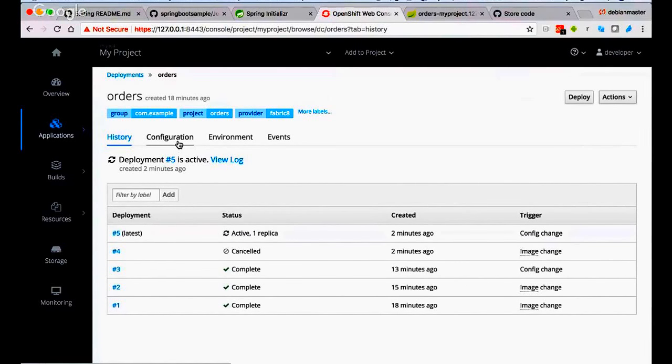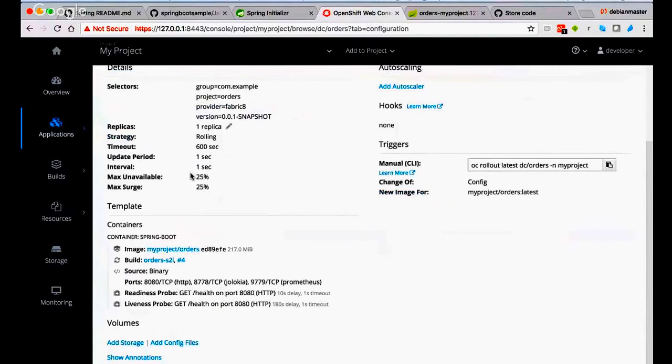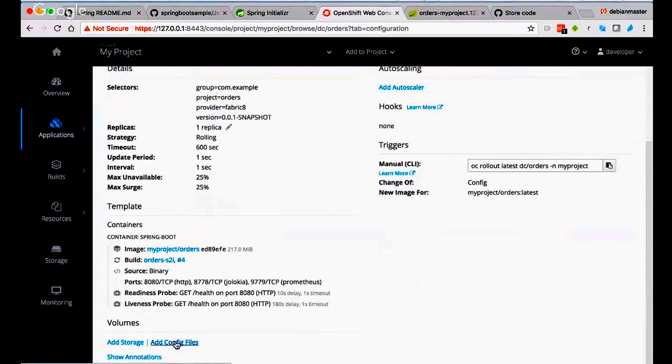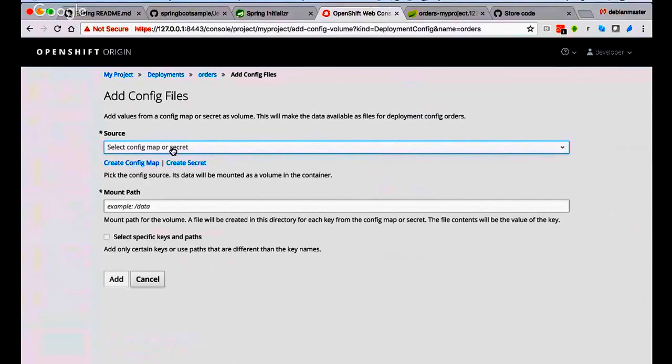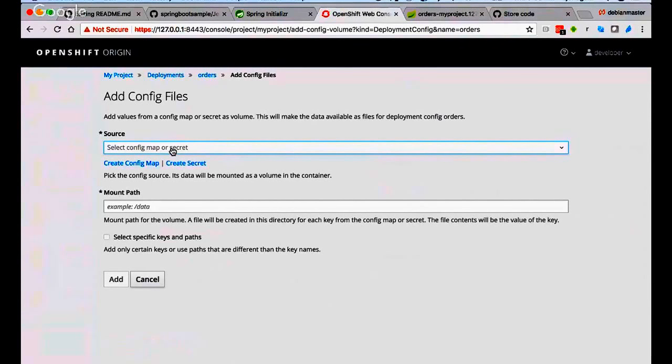Then click on configuration and click on add config files. In OpenShift and Kubernetes, there is something called config maps. Config maps are basically objects that you can store per environment. Maybe for dev, one config map, and for QA, another config map. These config maps can be used as configuration, like application property files for the instances that are running in the